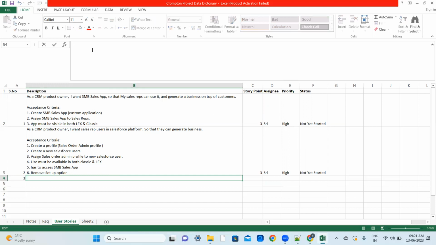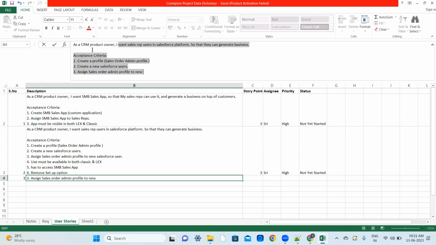Now, as a CRM product owner, I want, who will give this, the business user, analyst, stories and business analyst. Okay. So developer only develops the application. Yeah. So as a CRM product owner, okay, I want